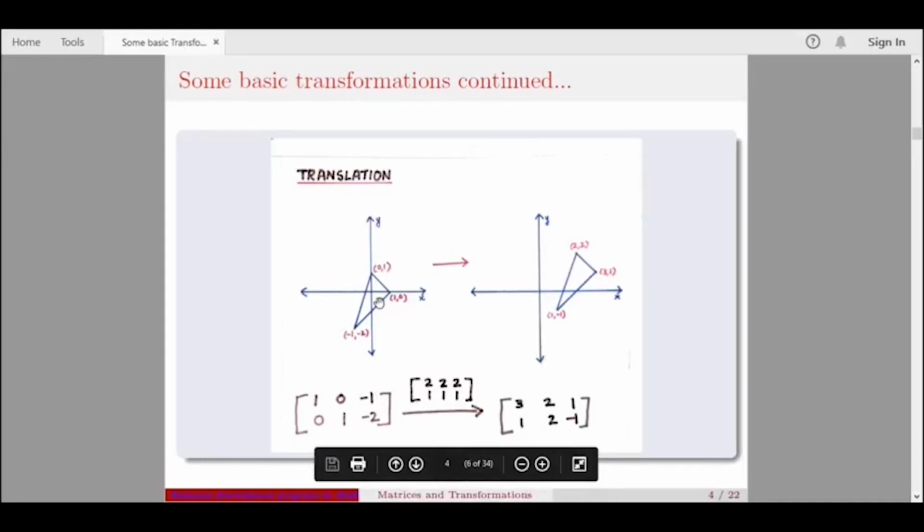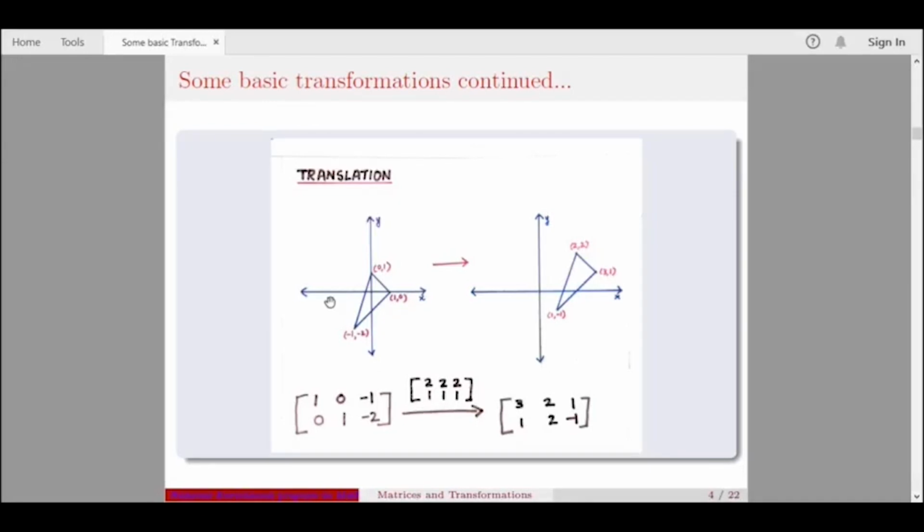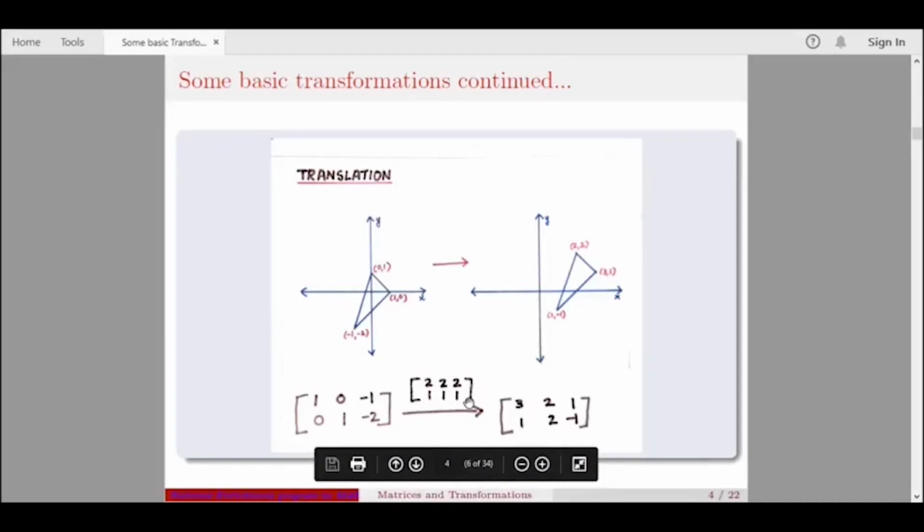Here we can see that this figure is just translated. Distances and areas are all preserved. The only thing is that the figure is just translated. There is no change in shape or size. If we add only in the x coordinate, then the figure will be translated horizontally. Similarly, if we add only in the y coordinate, there will be a vertical translation. Here we have seen both horizontal and vertical translation. So this is an example of translation.